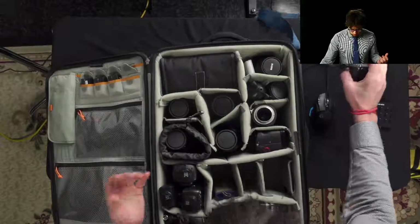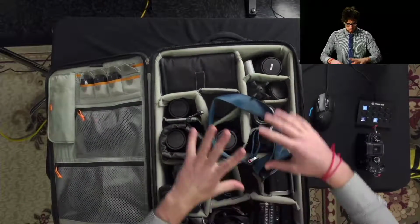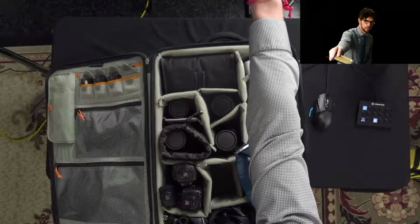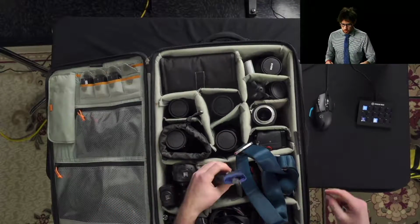Yeah, so I think that's just about it. The standard way we organize is lighting here, cameras here, lenses up here. Oh, a card wallet. Think Tank card wallet. Very important. Don't want to run out of memory during a wedding. That would not be good for anyone. I lost the camera. There it is. Cool. Yeah, so that is my camera bag. That's everything that we...